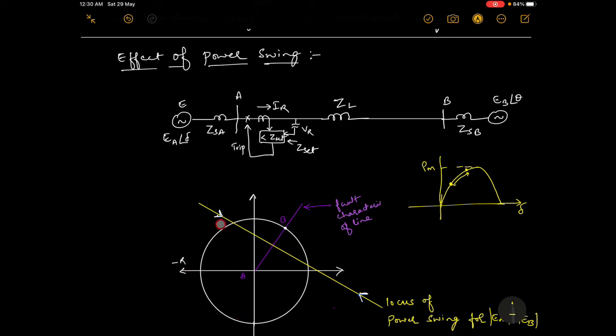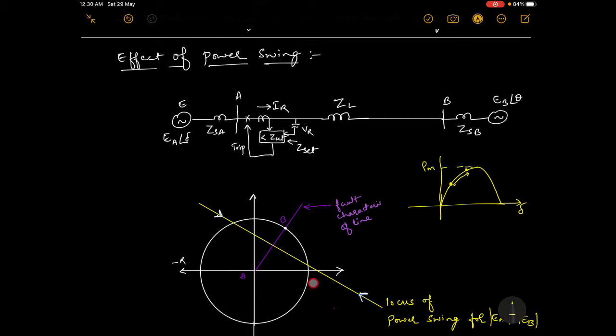It also has its own zone. This is the zone radius of the distance relay, it can reach up to point B. So when that power swing happens, the swings may come in the vicinity of this area. Since this distance relay has a large area compared to other relays like the Mho relay, it will be more affected. And one more thing, when it touches here or here, this relay will maloperate.